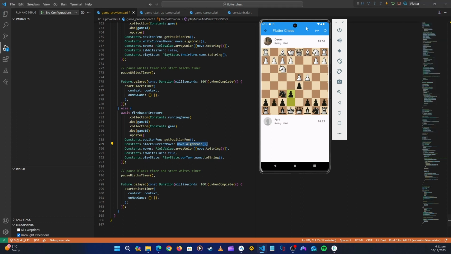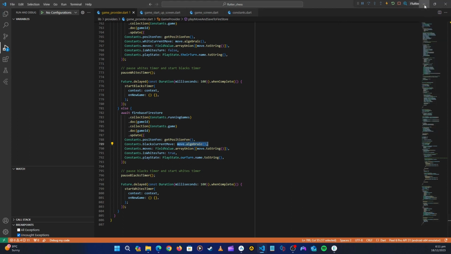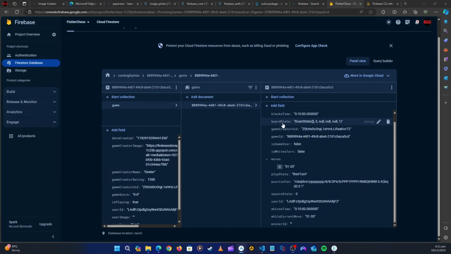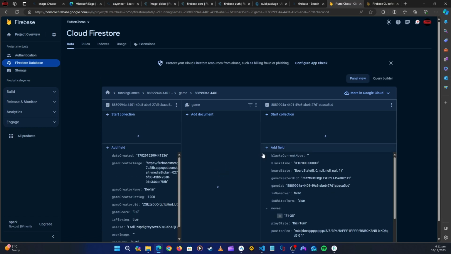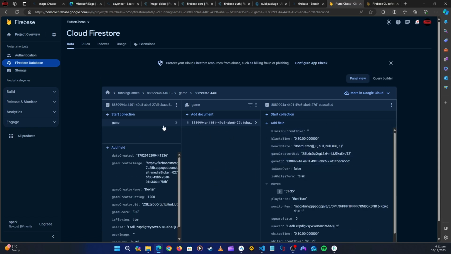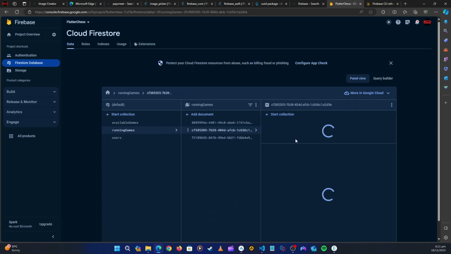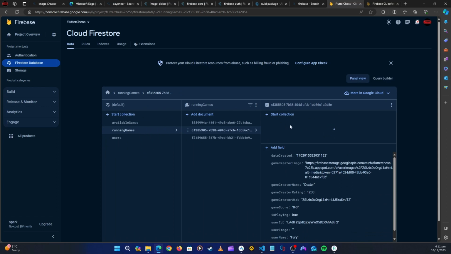If you go to Firestore, we can see if it's saving correctly. Let's refresh. I'm not sure which one is the game that we are currently on.